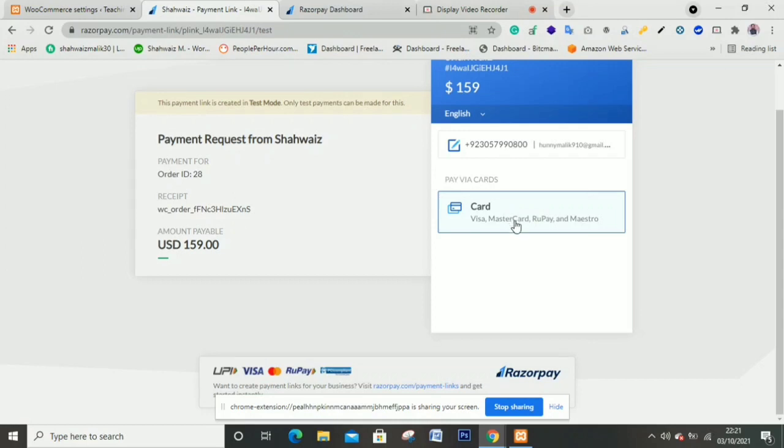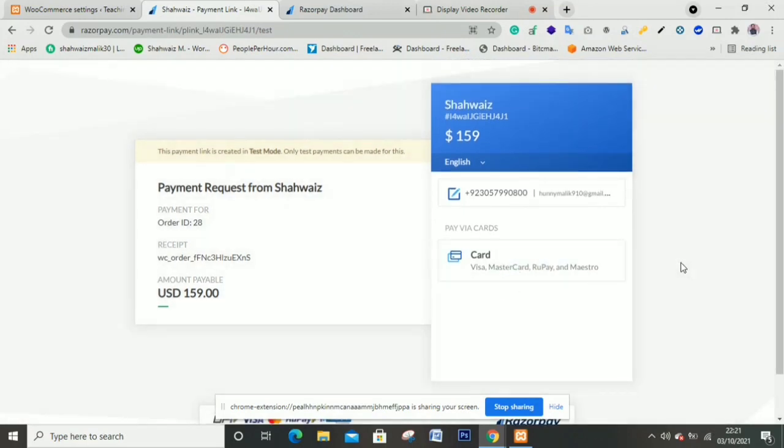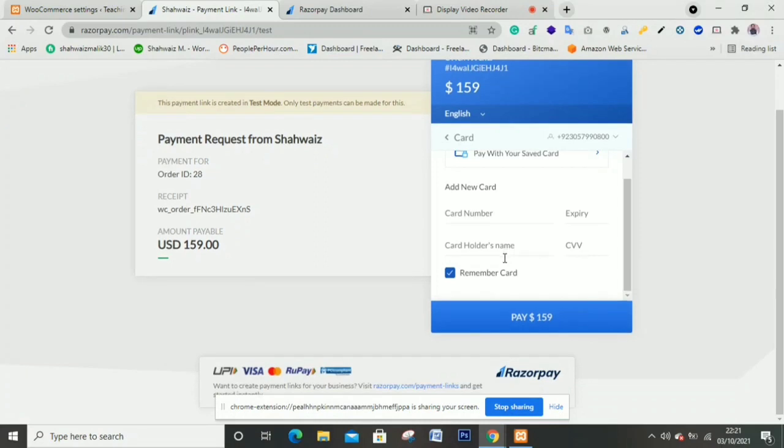This is a demo. Razorpay will not deduct payment for this product because this is for demo purposes. So click on this. Here you can see it is asking for the card number, expiry date, cardholder name and CVV.